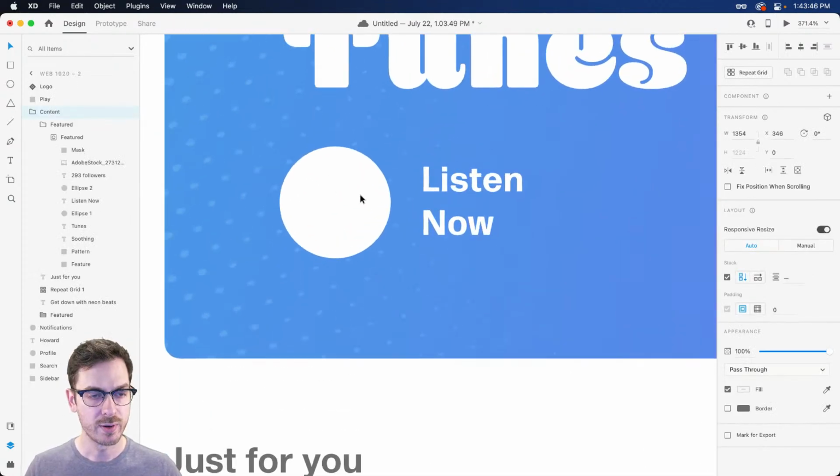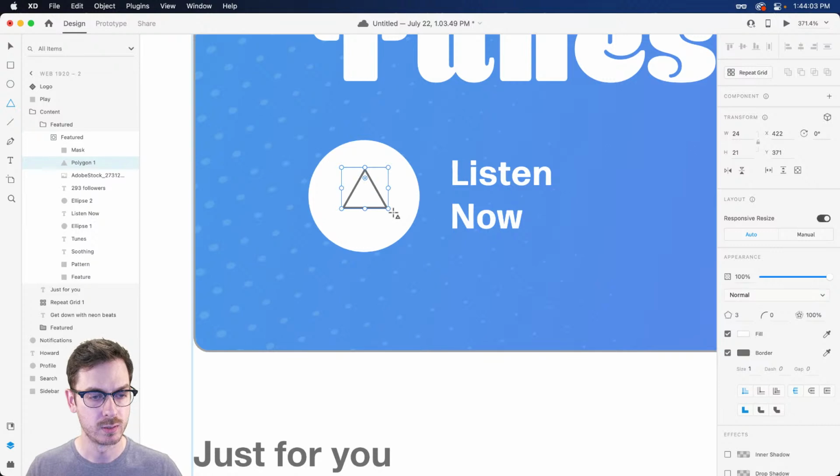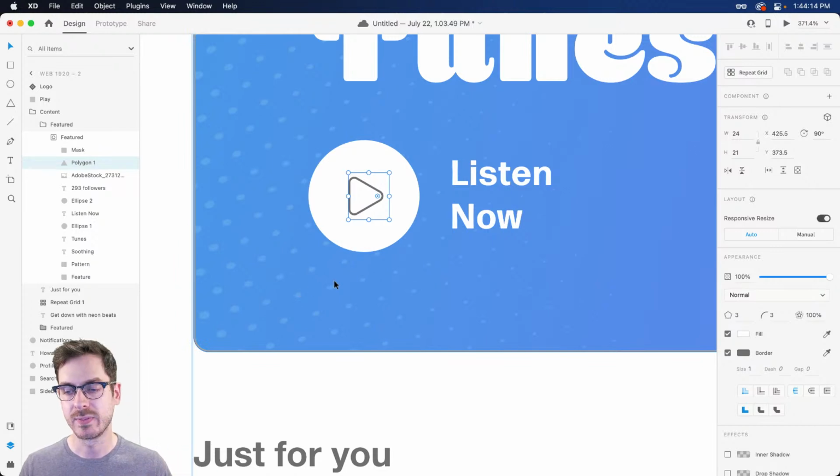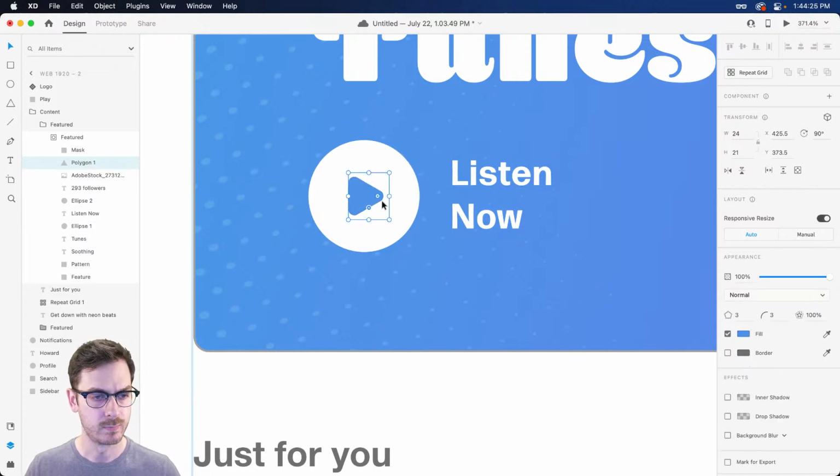Now, one more thing in this features section we might want to work on is our play button, right? So we have our listen now looking pretty good. And then we have this white container. But on top of that, we might want the actual play button. So I'm going to grab my polygon tool, shortcut key Y, drag one out, rotate it around. I'm holding down my shift key to rotate 15 degrees at a time. I'm going to round the corners ever so slightly, because we are working with rounded corners throughout most of this design, right? And we want to make sure that remains nice and consistent. So I'm going to maybe sample this color in the background. There we go. That looks pretty good.